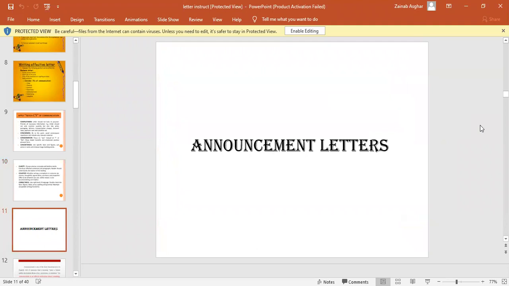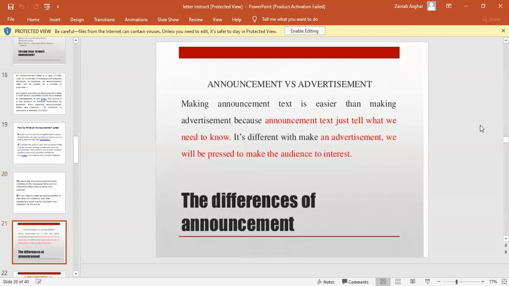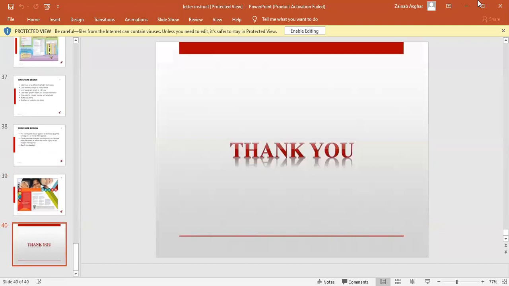बाकी आपके दो लेटर्स रह गए हैं, एक अनाउंसमेंट लेटर है और एक है आपका ब्रोशर राइटिंग. So I will give it to you in the next class. I am trying, in the next class we need to talk about